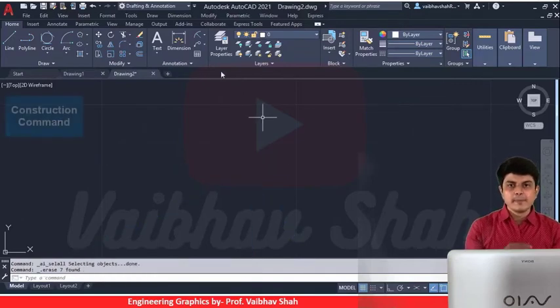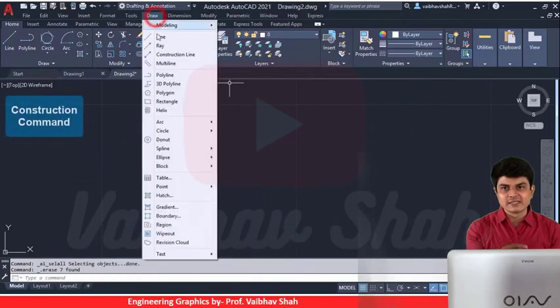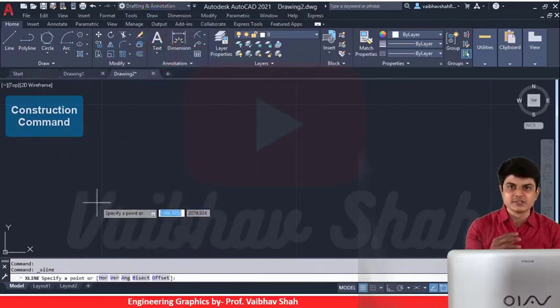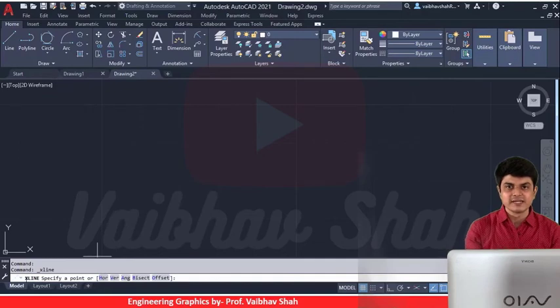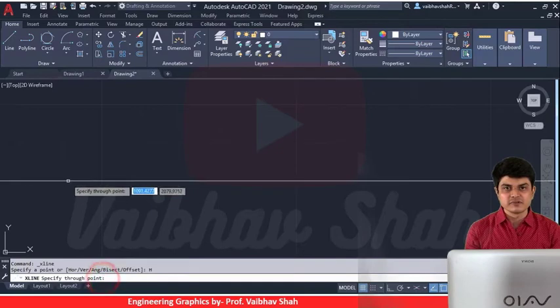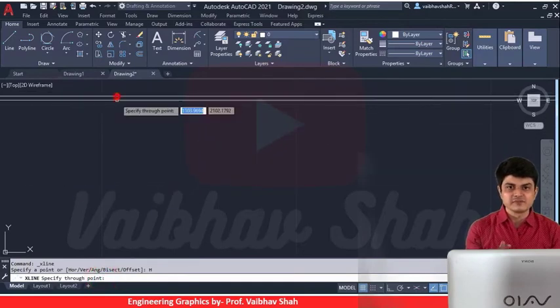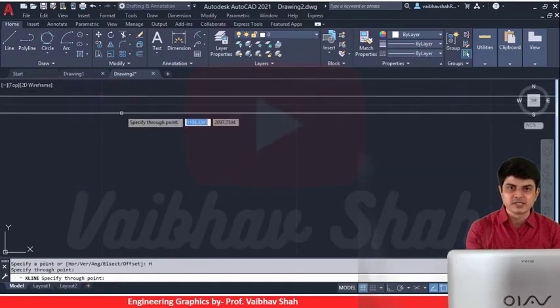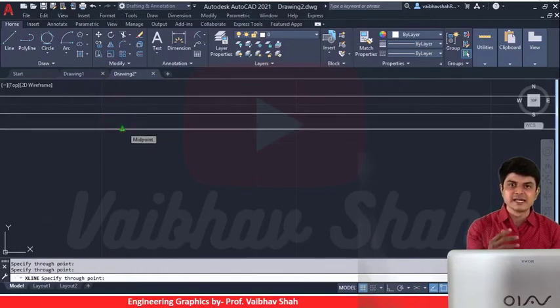Then let us see the construction line command. In the construction line command, you can generate construction lines. Many a time we need to have a construction line for reference purposes. We can have horizontal, vertical, angular, bisector, and offset lines. We'll be selecting horizontal first. So let me draw a horizontal construction line first. It will be an infinitely long line. You can just click anywhere in order to have your line generated. So this is my horizontal line.